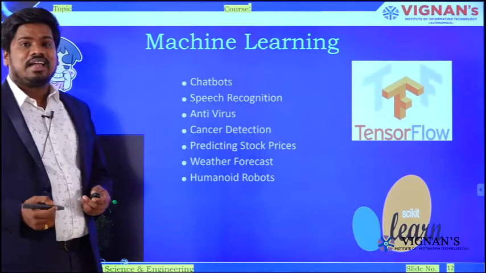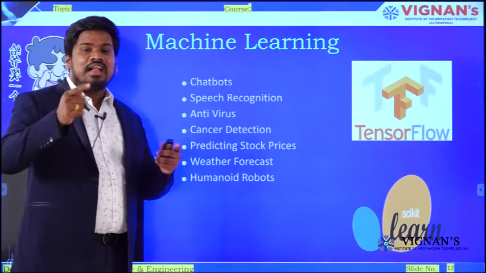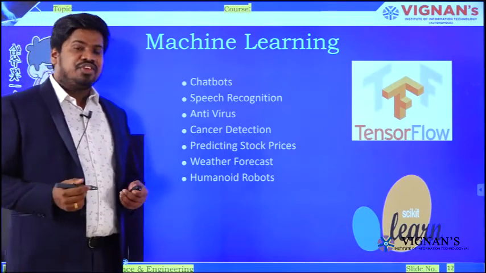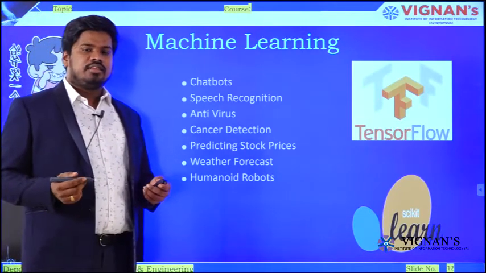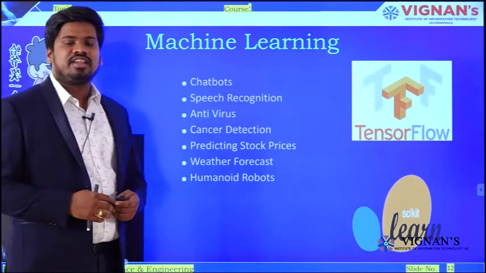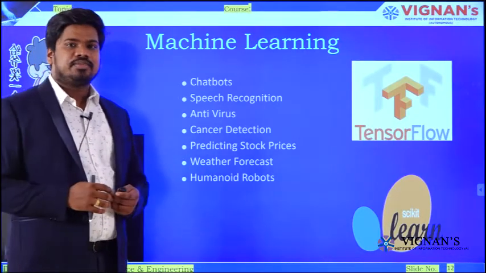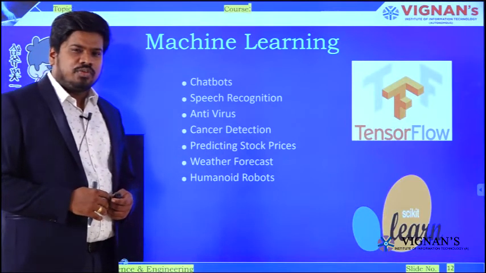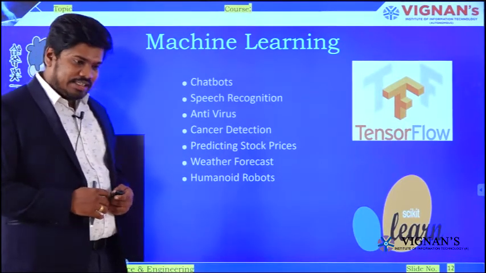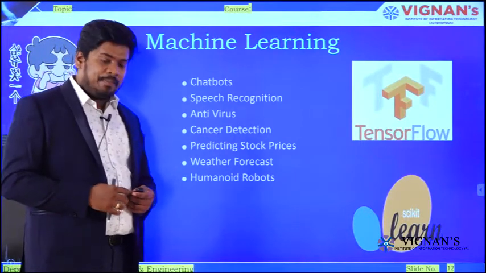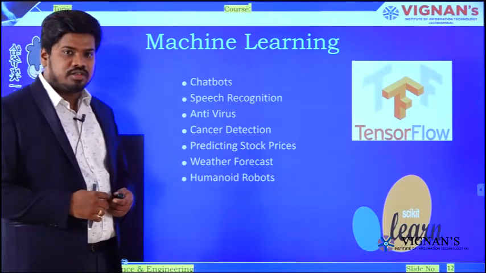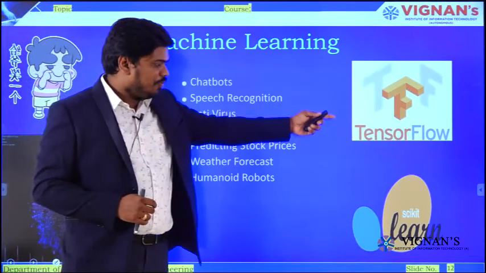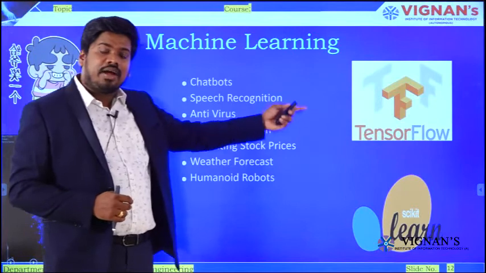Now we will understand how Python and machine learning are interlinked. I mean, if you are good at Python, then you will excel like anything in various industries. In machine learning technology, there are a few frameworks, that is TensorFlow, scikit-learn, NumPy and Pandas.